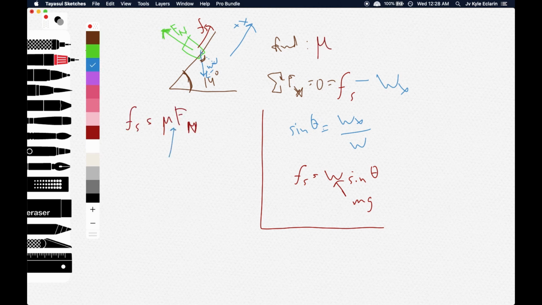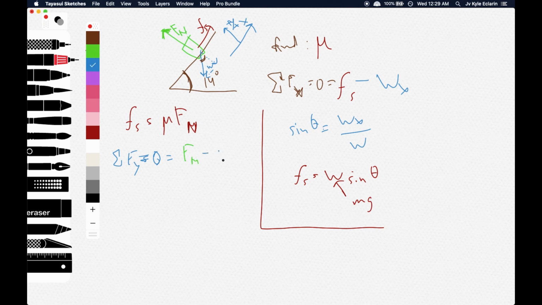Now for part B, we have to find the minimum coefficient of static friction. In order to solve for it, we can combine our equation for the forces in the x direction and the forces in the y direction. Now I'm not completely sure why this works, but I'll just show you the process anyways. So the sum of the forces in the y direction is equal to 0 in this case because it's static. And in this case, we're going to make up as positive y. F of N